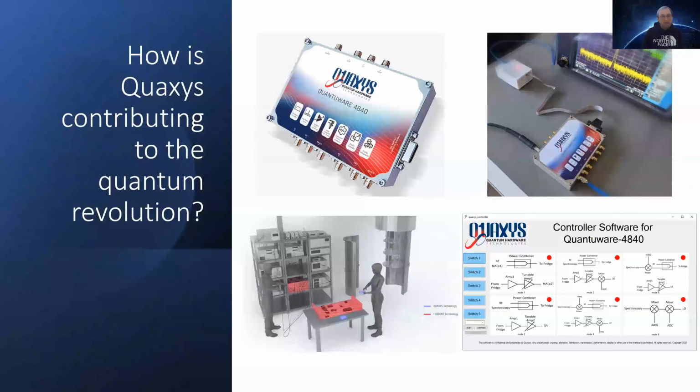The Cloudberry 4840 consists of components such as low noise amplifiers with tunable gain, IQ mixers with automatic calibration, band pass filters, low pass filters, attenuators, RF sources, arbitrary waveform generators, and this can be configured according to the needs of the researchers. We also have a dedicated software, you see in the bottom right hand side, and also